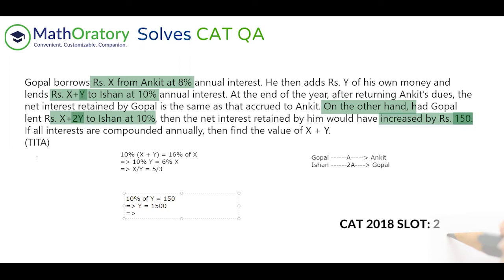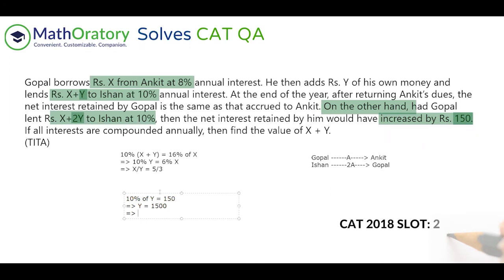But what we need here... all the interests are compounded annually. Huh? Okay, that doesn't matter. That was a surprise. But if they're compounded annually, it doesn't matter because everything is 1 year only. I believe nothing else has been mentioned. Yeah, so everything is at the end of the year. That was a surprise after everything.